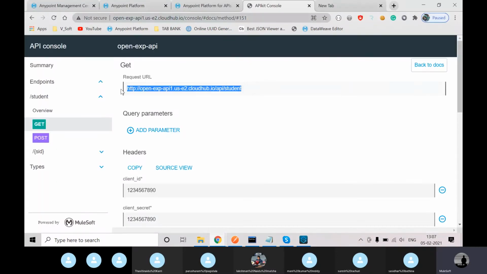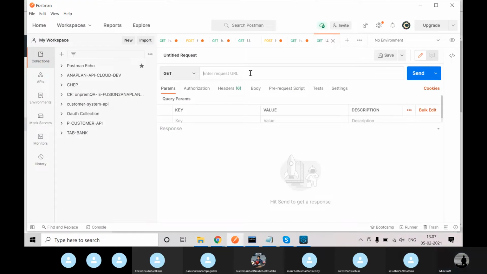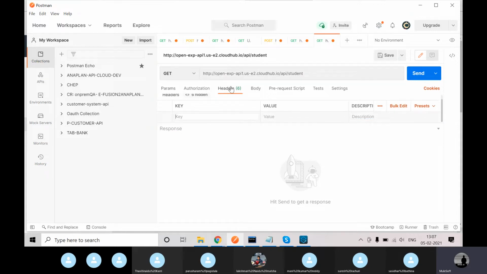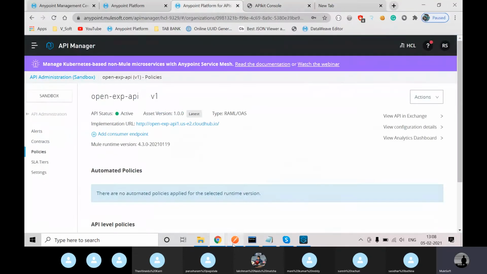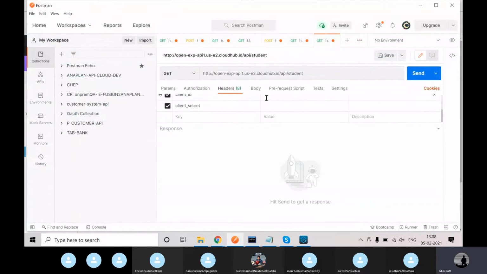I want to check this in Postman. Paste the URL, and you can check from the headers. Here I need to pass the client ID, client secret, right? In the headers: client_id, client_secret. Okay, these things we can see later. As of now, we will see one more policy also, right? I'll show you those things also. First of all,